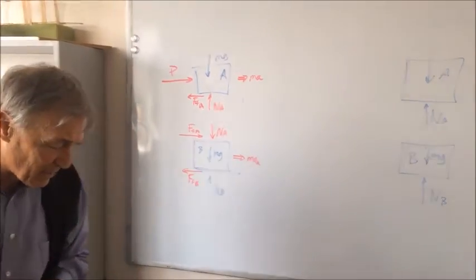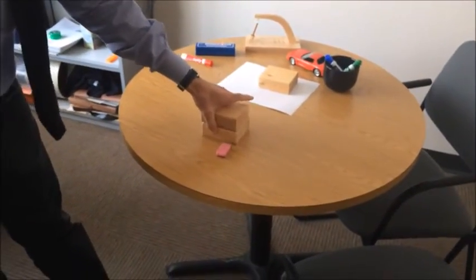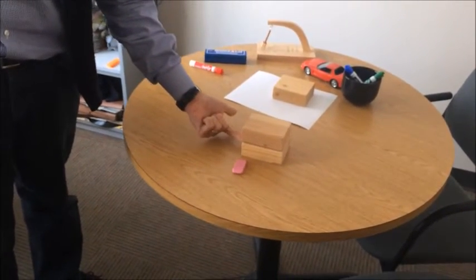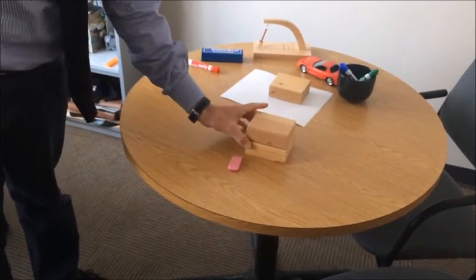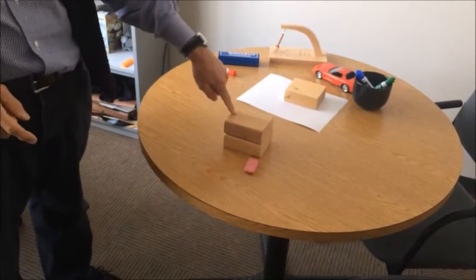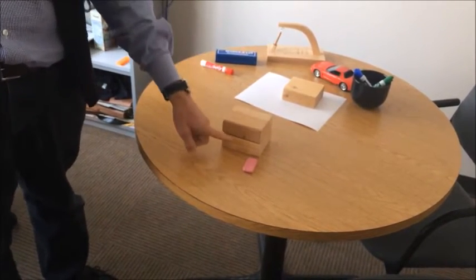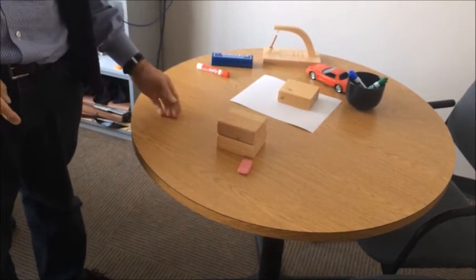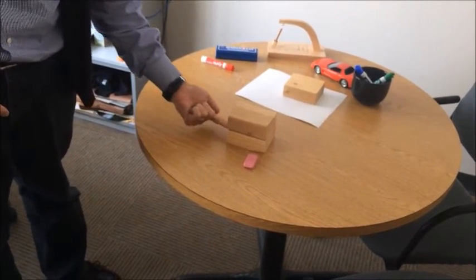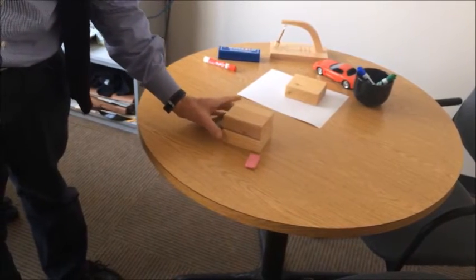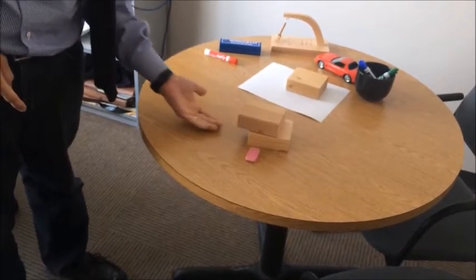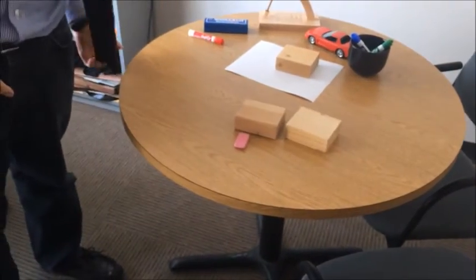All right, so the next thing I want to do is illustrate what happens if I push on the bottom block. Again, the same thing might happen. I'll push on the bottom block, and you can see the top block obviously follows along with it, which makes sense. And how does the bottom block move? Well, there's a force of friction between the two that actually brings the top block along with it. But you can also expect that if I push slowly, it goes slowly. You can also expect that if I push it rapidly, the top block would actually fall over backwards